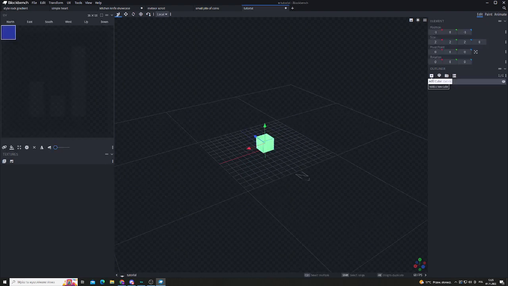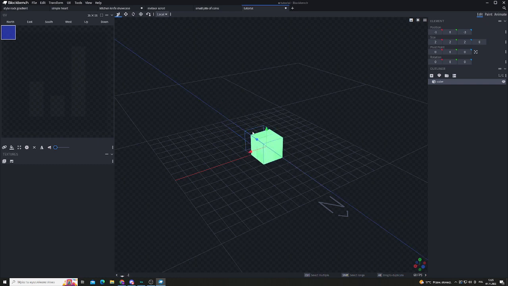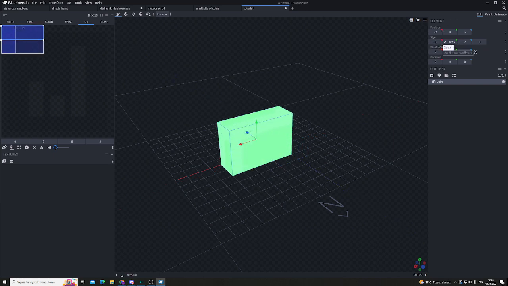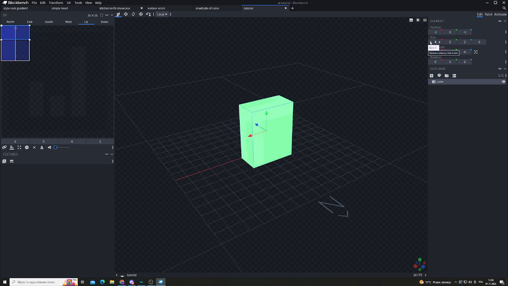The most basic thing will be add cube. This adds a new cube. You can position it using the position tab. You can position it, but I'd rather use this. With the size, pretty self-explanatory. You can expand the size. Now